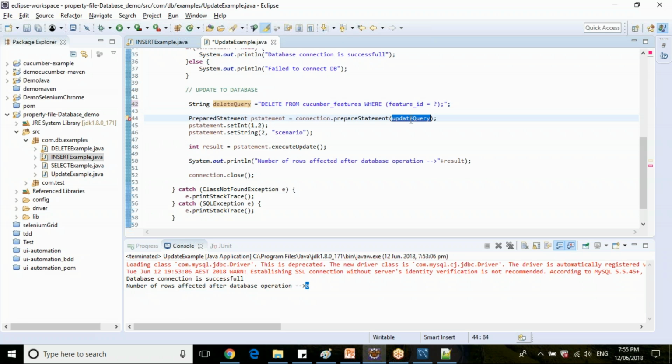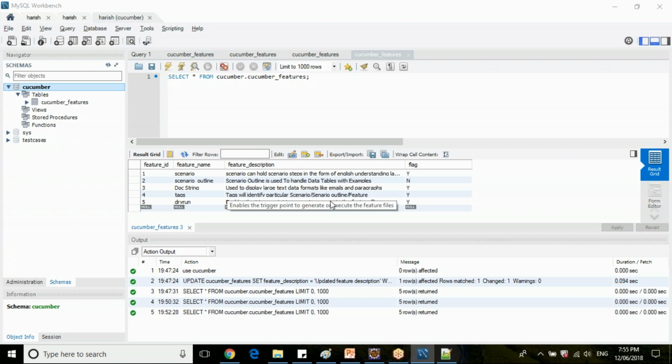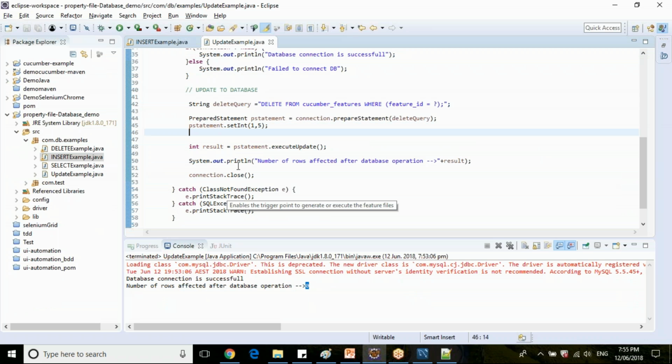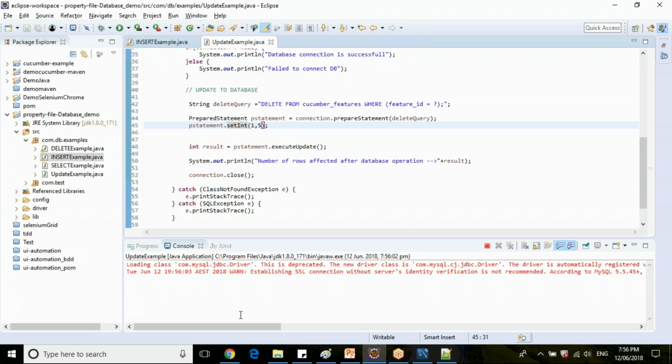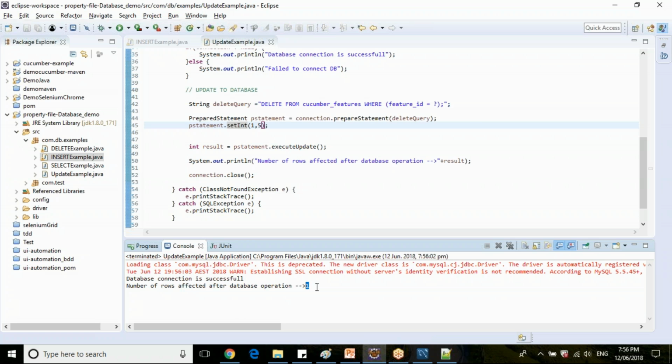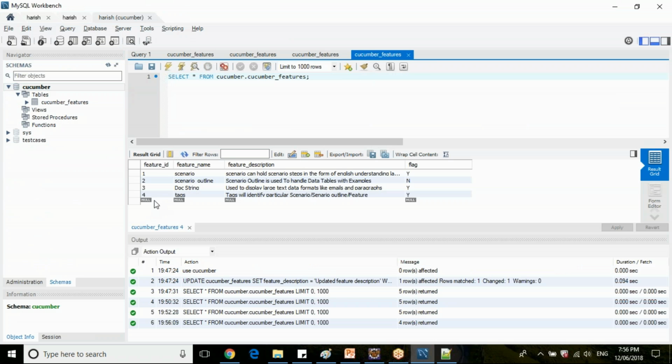So pass this delete query into your prepared statement instance. Remove the second one. The first one will be, let's delete the dry run feature, the fifth row, and check it. Then execute this one and check how many rows have been affected. It shows one row has been affected. Now fire the SQL query and check that the fifth row is removed from the database.